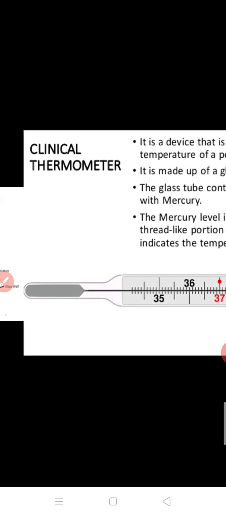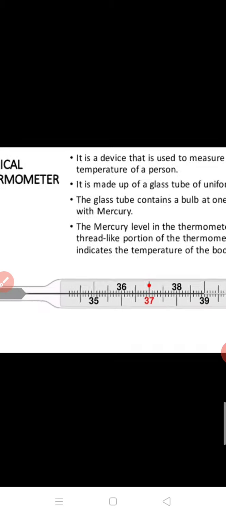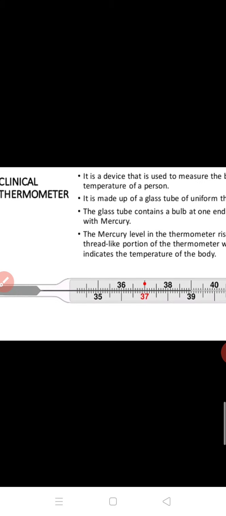Look, what kind of tube does a clinical thermometer have? It has a glass tube, a long, narrow, uniform glass tube. You must have seen the narrow one and also the flattened one, right? And it has a bulb at one end, and this bulb contains mercury here. This contains mercury. This portion, it is mercury. And outside the bulb, a small shining thread of mercury can be seen. This dark line that you can see, this is actually the thread of mercury. If you do not see the mercury thread, then you can rotate the thermometer a bit till you see it.